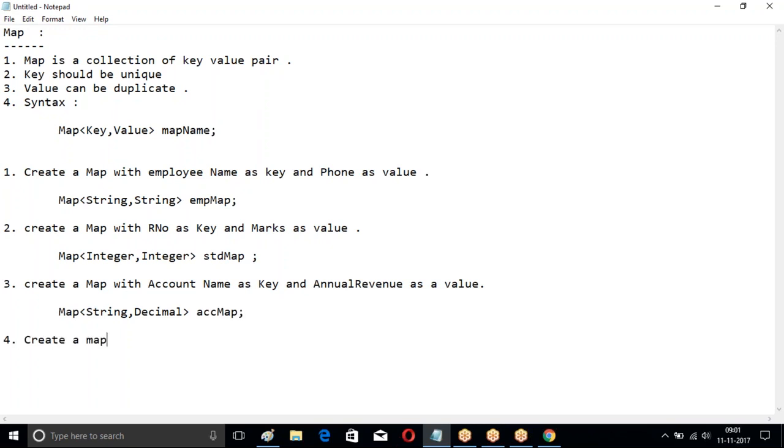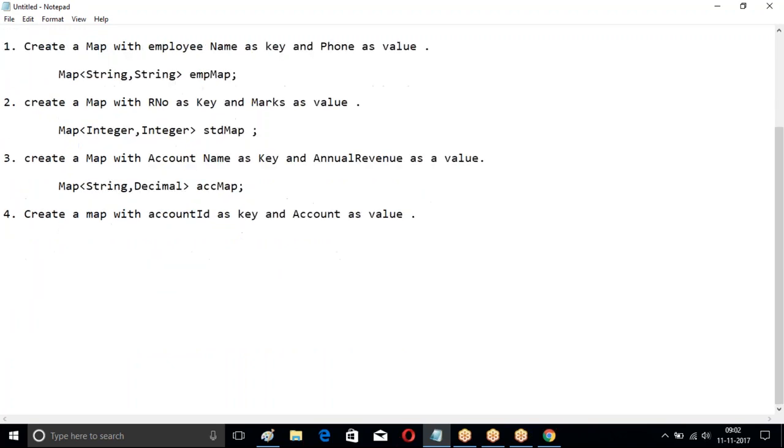Create a map with account ID as a key and account as a value. Account record as a value. Account is an account record. Then how do you create it? Map of ID